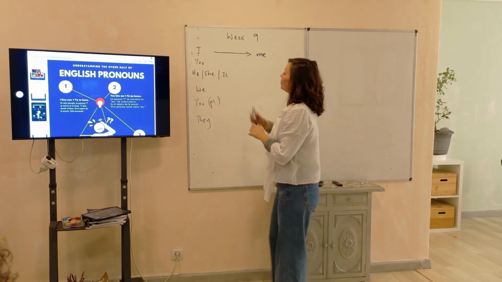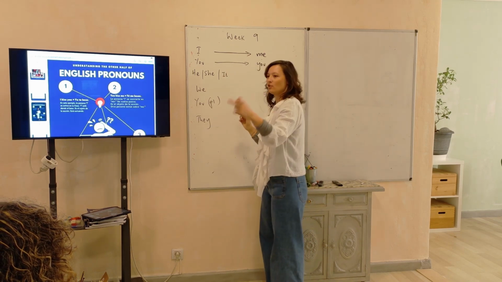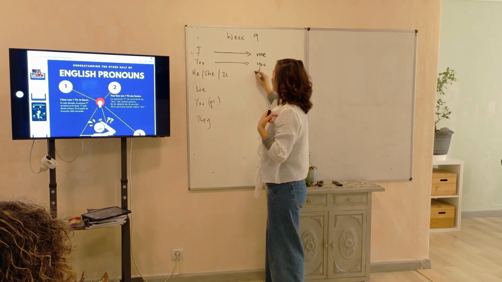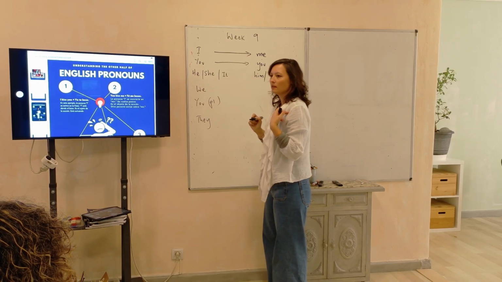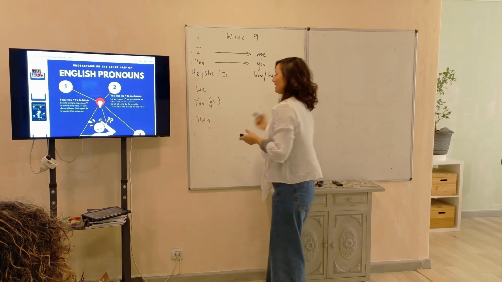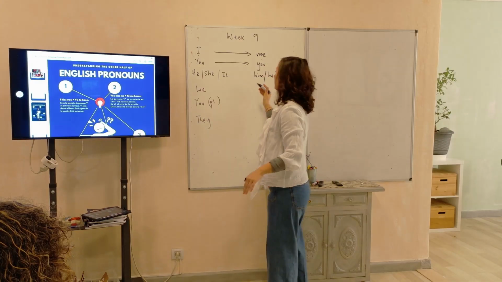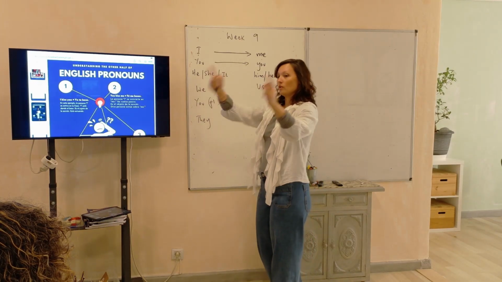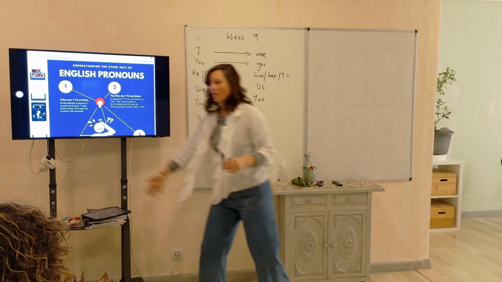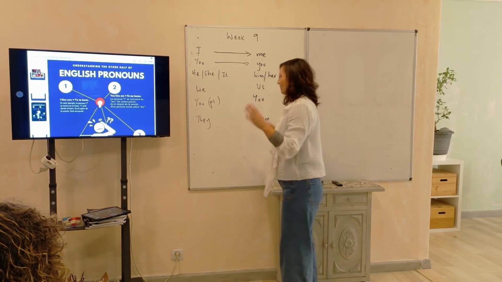Yeah? You never changes. Okay, so it's easy. I kiss you, you kiss me. He changes. He becomes him. I kiss him. I kiss her. And then it doesn't change. I kiss it. Okay? Someone else can come and kiss us. So if we receive the kiss, we are us. You doesn't change. And if I kiss this whole thing, I kiss them. Okay? So we have 2 categories.